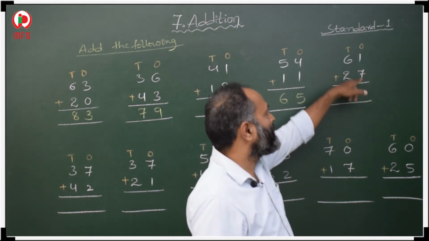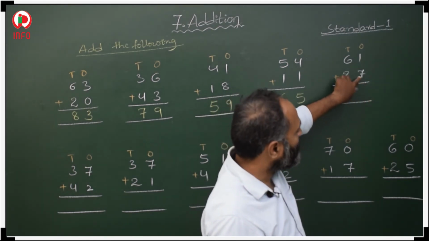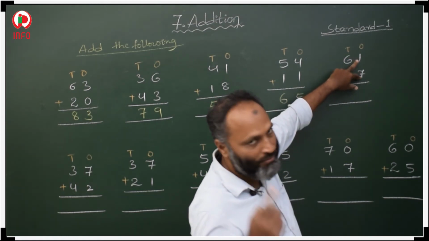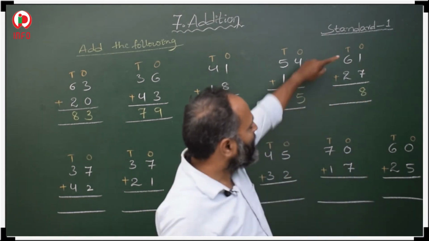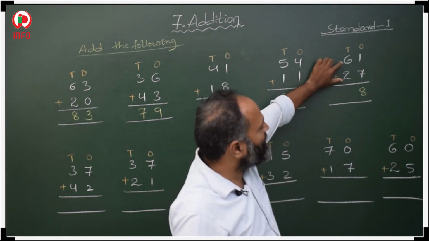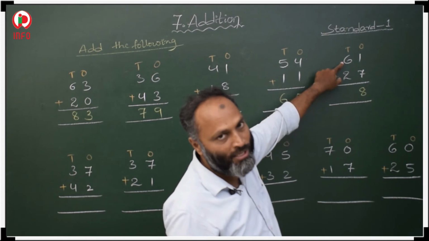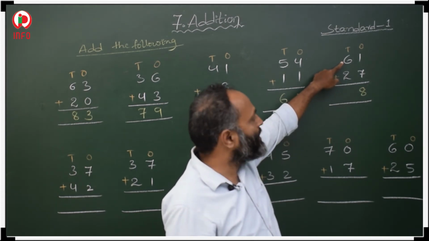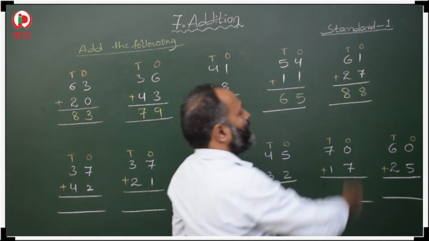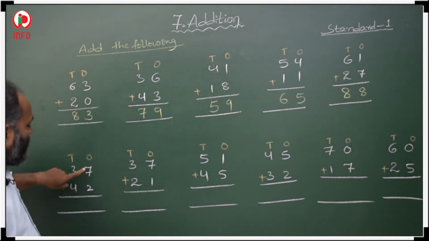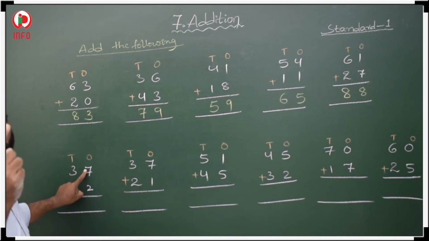And here the ones column we have to add. 1 and 7, 7 is the bigger number, no? Keep your finger on the bigger one. So now you add 1. 7 plus 1 is 8. And here keep your finger on the bigger number, that is 6 in the tens column. 2 is there, means we count 2 forward: after 6, 7, 8. Next, keep your finger on 7 in the ones place, and count 2 forward: 7, 8, 9.